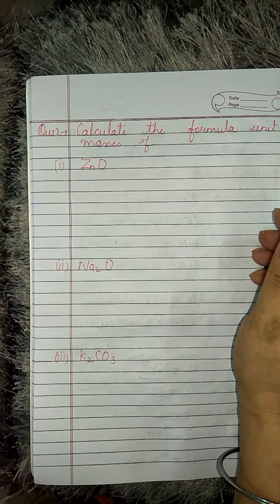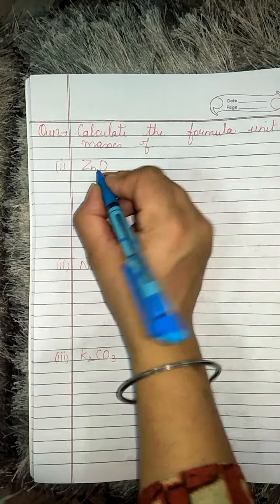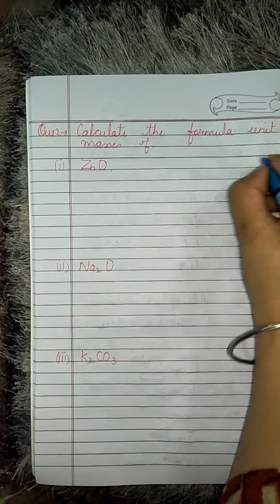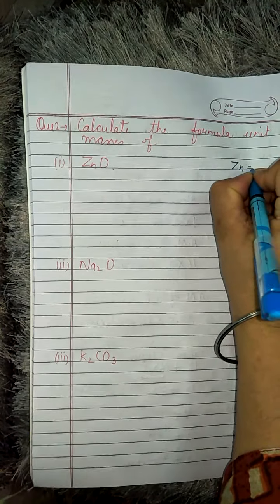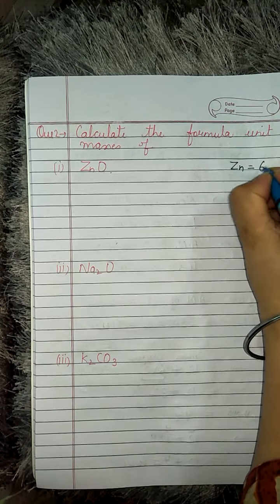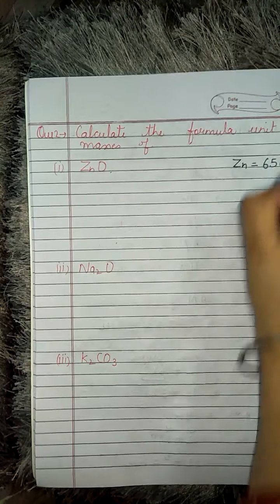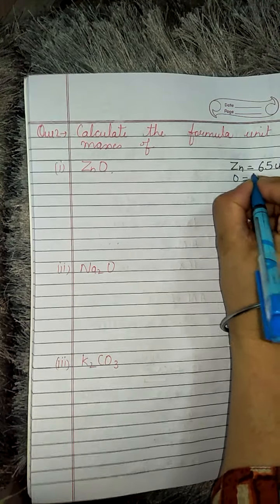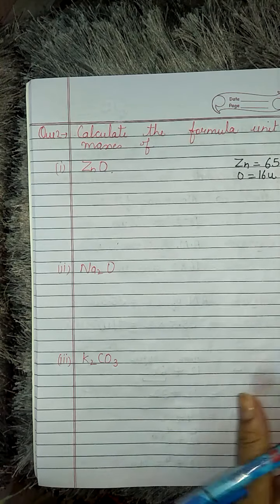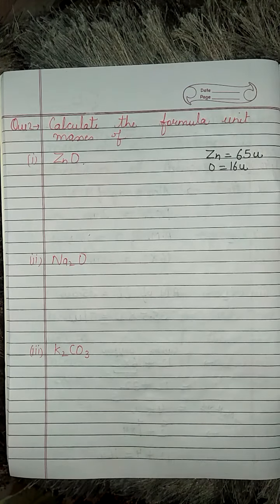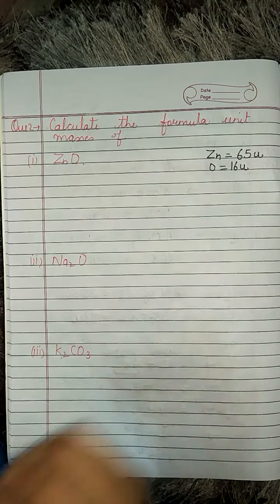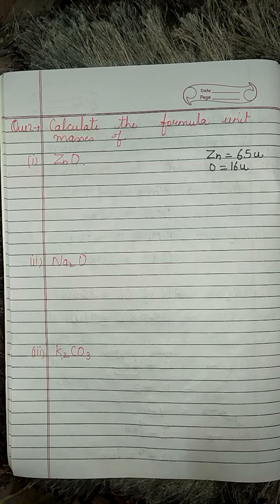Okay, let's start with zinc oxide. So all these masses, see, oxygen you know, but you might not know the atomic mass for zinc. These will be given. See, this is 65 u. Atomic mass for zinc is 65. Oxygen you know, 16. You are going to learn only the particular ones, not all. And if he asks you particular ones, like zinc or potassium, he will give you the atomic masses. In exams they will come.